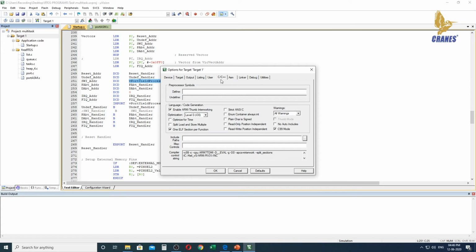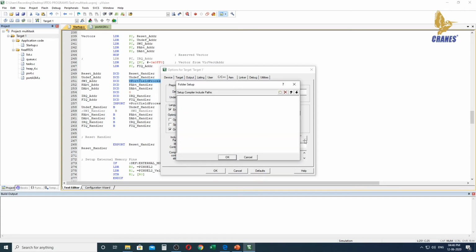Under this C/C++ tab, you will have include paths. In the right corner you will have a browse option, so you can click on that. It will ask you to set up the folder. Here you can click on create, click on delete, or move the folders up or down. As of now we are going to insert a new folder, so you click on that.